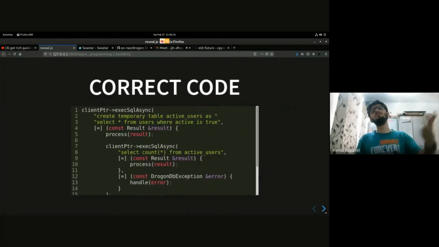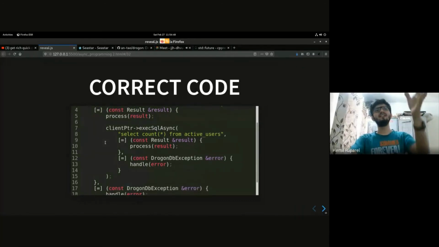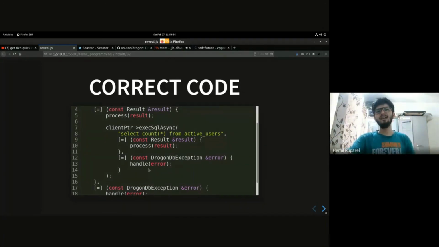And if you want to do this correctly, the right way is to execute the second SQL statement inside the first function's callback. So here we are creating the temporary table, and we get back a result. We are processing some result, and then again, inside the callback itself, we are executing the second query. And then again, we are doing something with the result and handling the error.